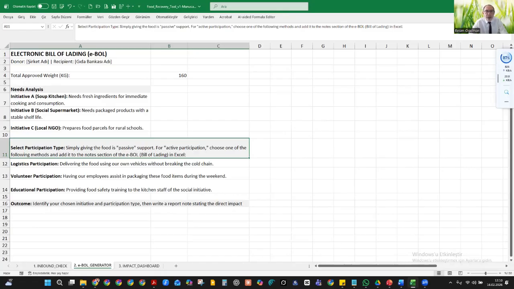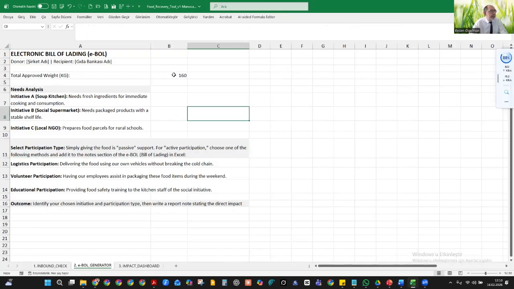Ultimately, through this practical work, we expect each of you to become an impact architect. The report will not just consist of numbers. It will represent a concrete human success story, such as meeting a child's need for milk or a warm meal reaching a family's dinner table. This new generation food management vision, where we combine data with conscience and technology with solidarity, is the brightest example of sustainable development. Now, let's write the story of these kilograms together.